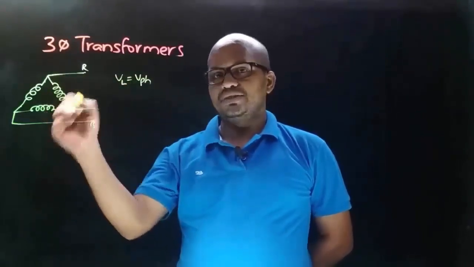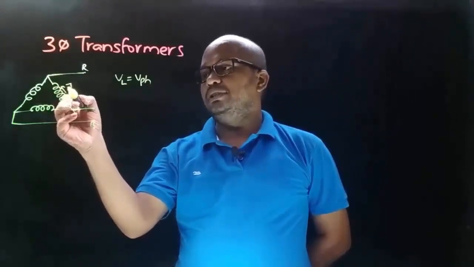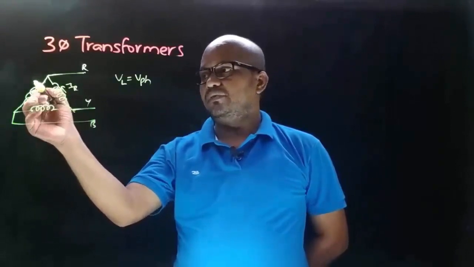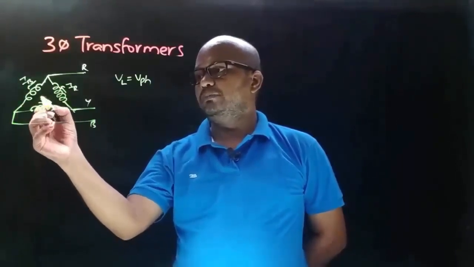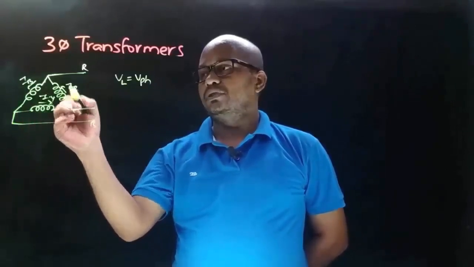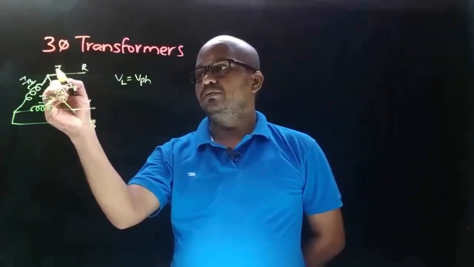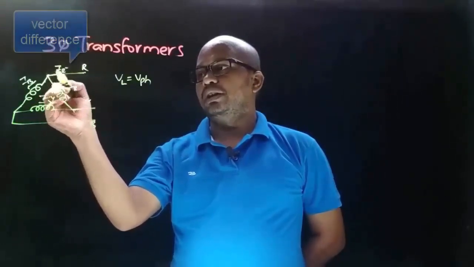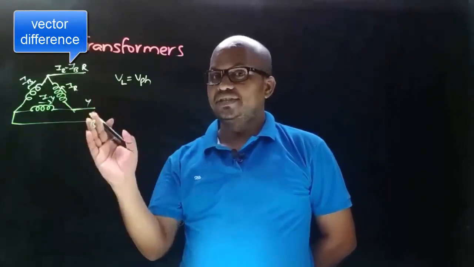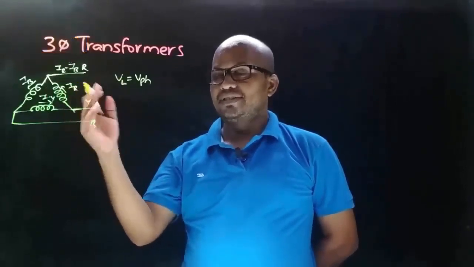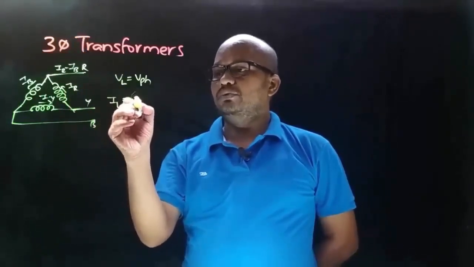And now coming to the case of current, if you observe, suppose the current flowing through this winding be IR, the current flowing through this winding be IB, and the current flowing through this winding be IY. So now apply KCL here, which implies that line current is equal to the vector sum of IR and IB, and the relation between line current and phase current is obtained by drawing the phasor diagram, which will give you that line current is equal to root 3 times